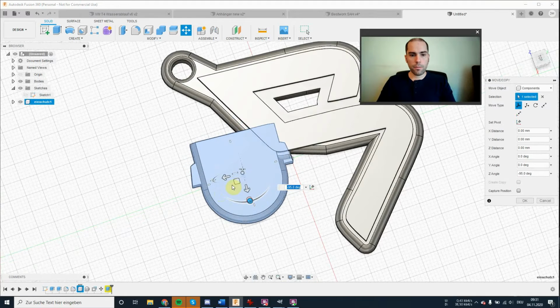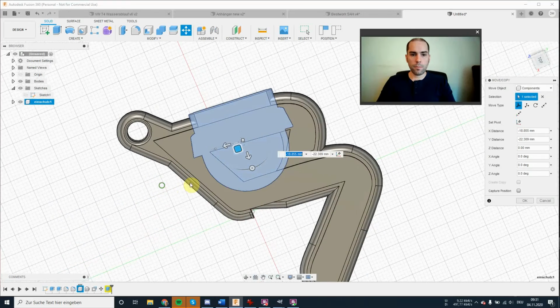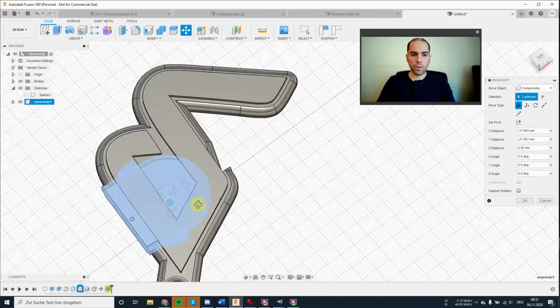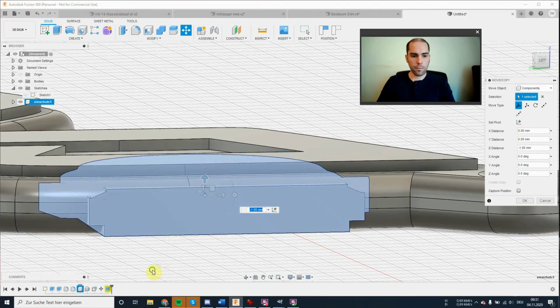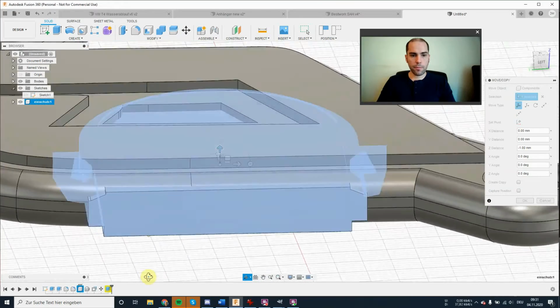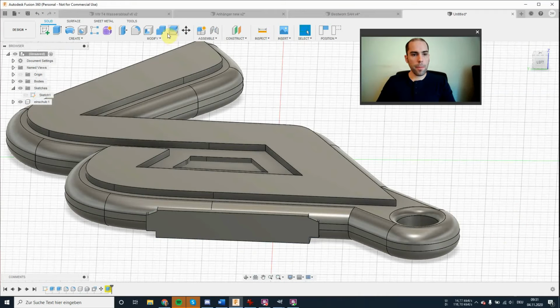Turn it around. Position it just as needed. All right.